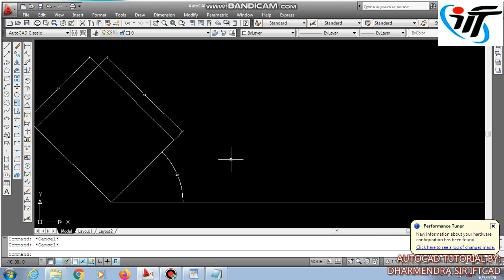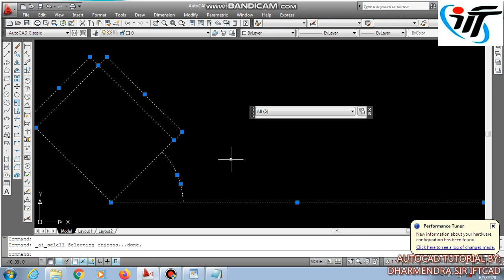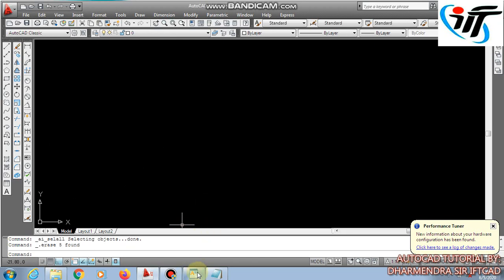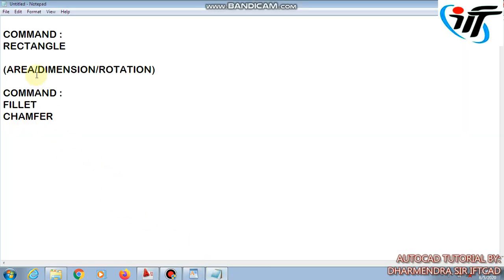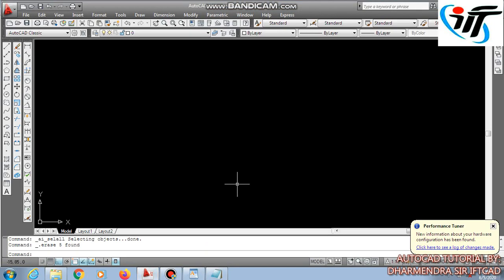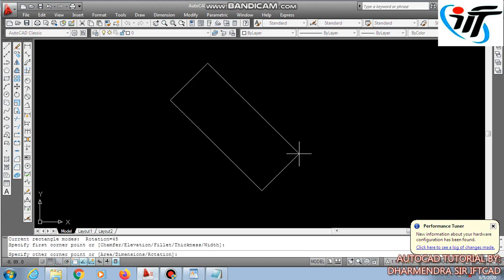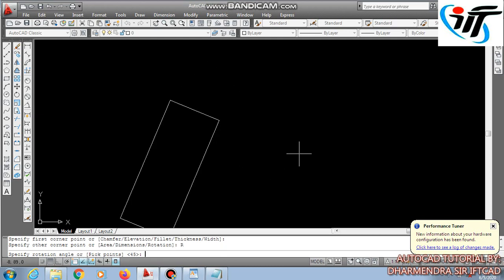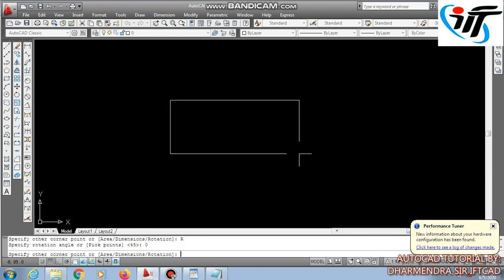Now we are going to use the fillet and chamfer commands. For that purpose we need to draw a rectangle once again. REC enter, rotation should be 0, not 45.